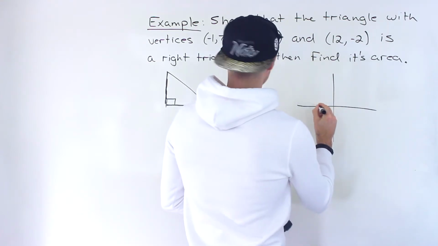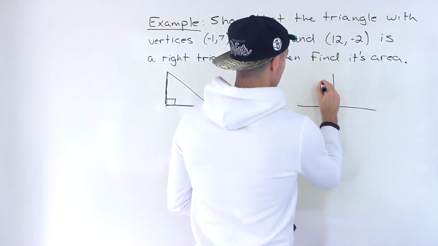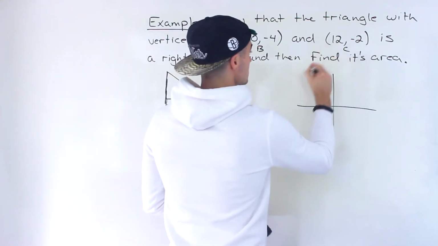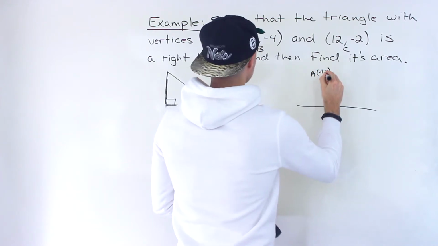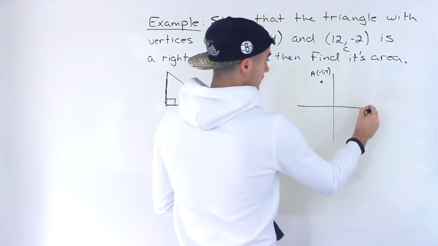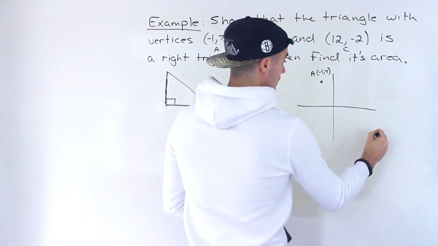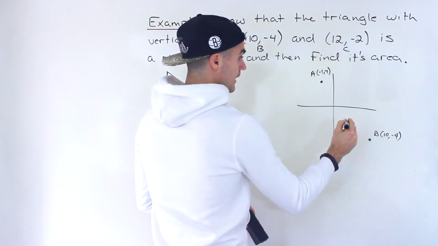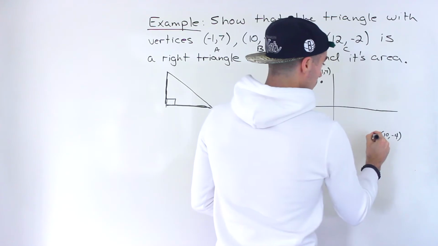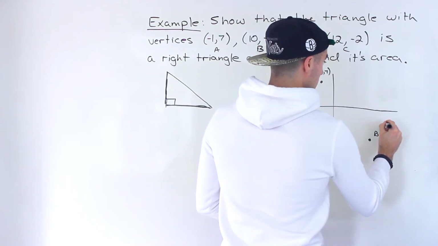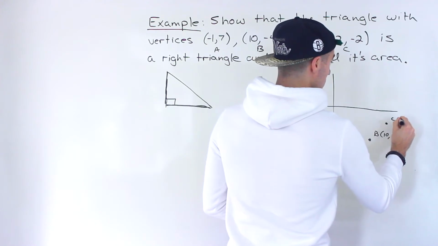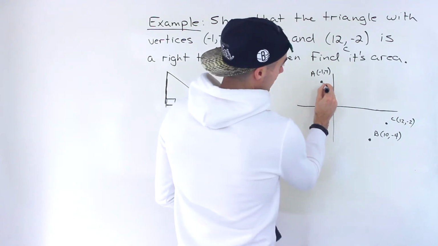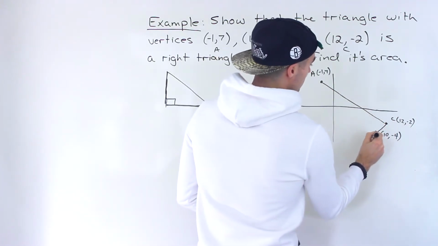So we have (-1, 7), which would be like up here. So let's actually label these. This will be A, B, C. So we'll have A at (-1, 7). Then we'll have B at (10, -4), that would be like down here. And then we'll have C at (12, -2). So if over here is 10, 12 would be like here. That would be C right there, (12, -2). Just a rough drawing. And so if we connect all of these, we end up